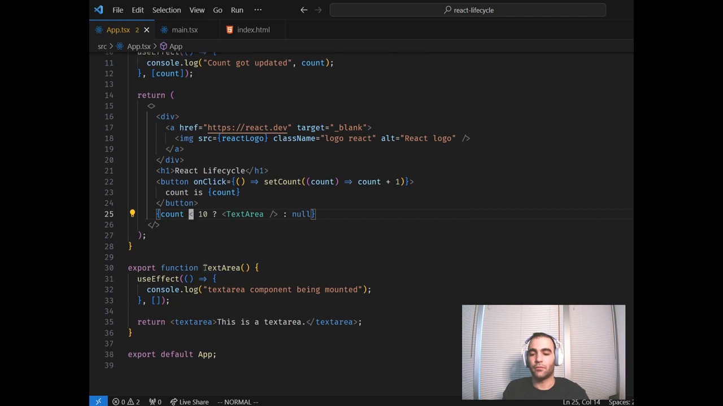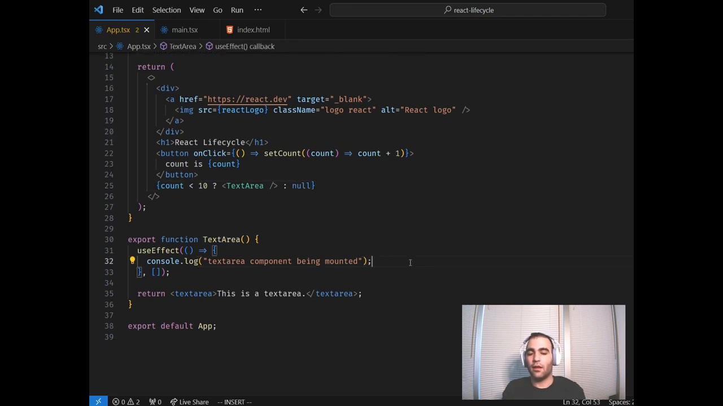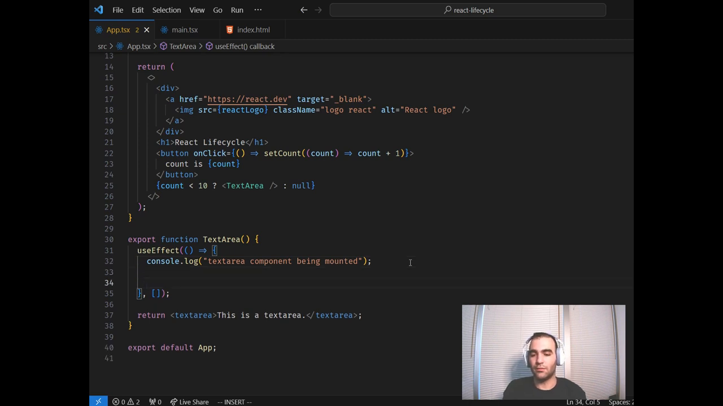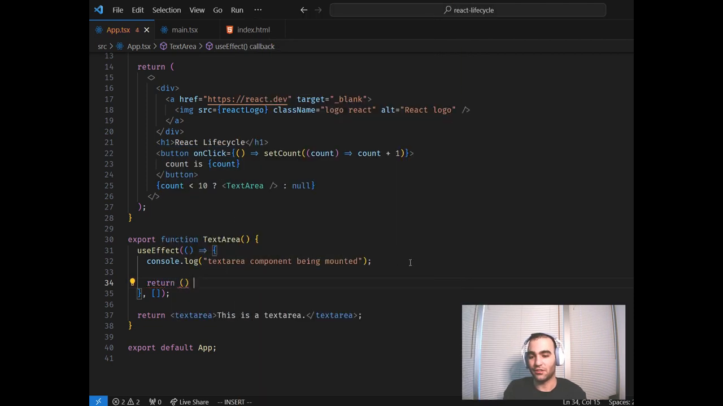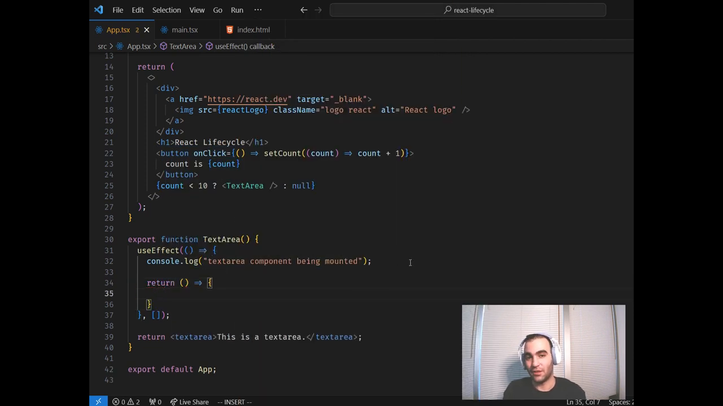And yeah, basically it's working. And I'm going to introduce you to the unmounting concept. So I want to show you when the unmounting would happen. It's not very clear, but useEffect has a secret callback function inside of it. So if you return a callback function inside of the useEffect callback function, then useEffect is going to call this